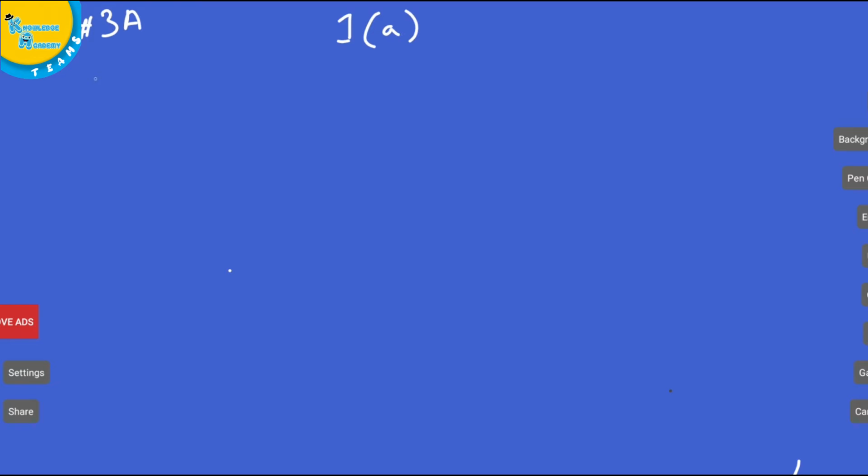1a. That is 6x squared plus 19 plus 9x squared minus 8. So what we are going to do is gather all the like terms together. So the like terms, as we can see here, is